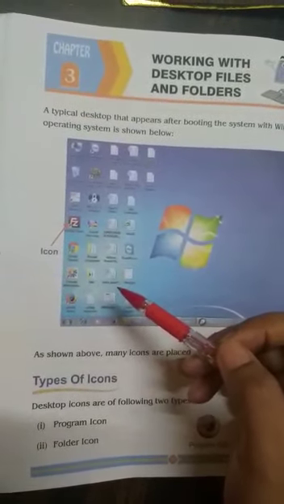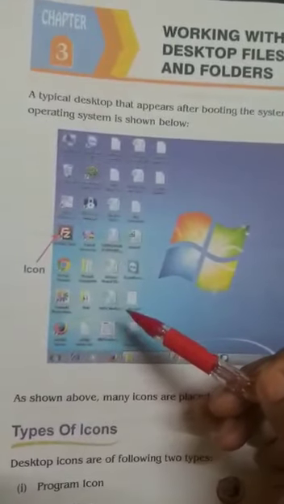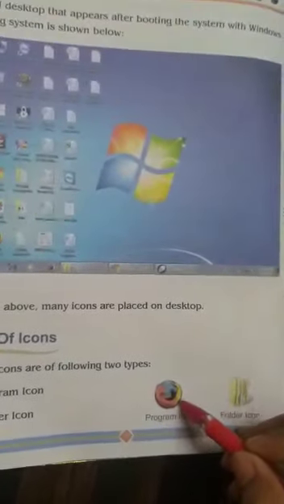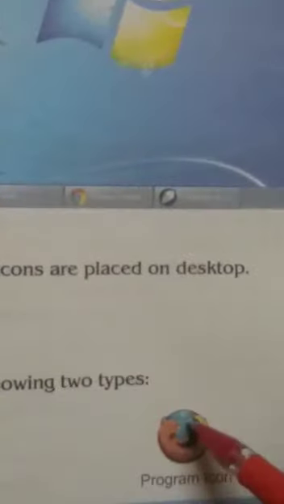Basically we can see two icons. The first one is your program icon and the second is your folder icon. You can see that this is the program icon of Mozilla Firefox and this is the folder icon.